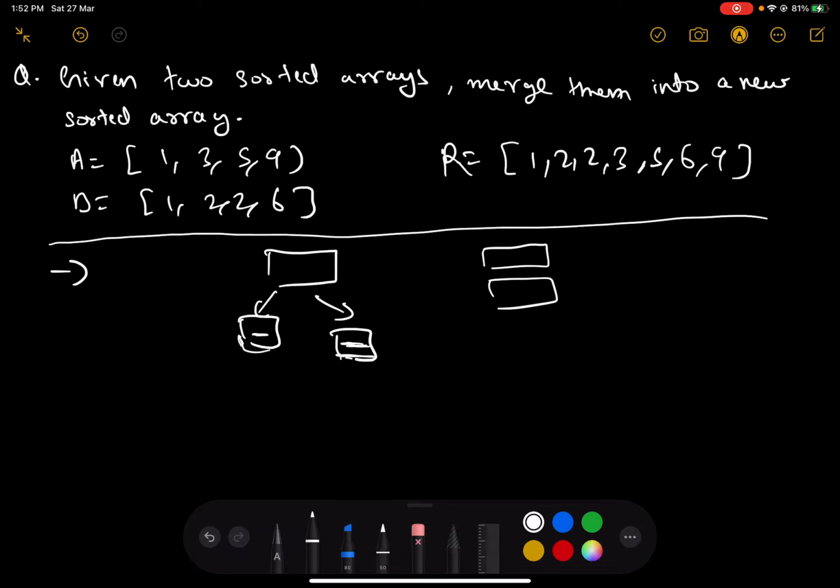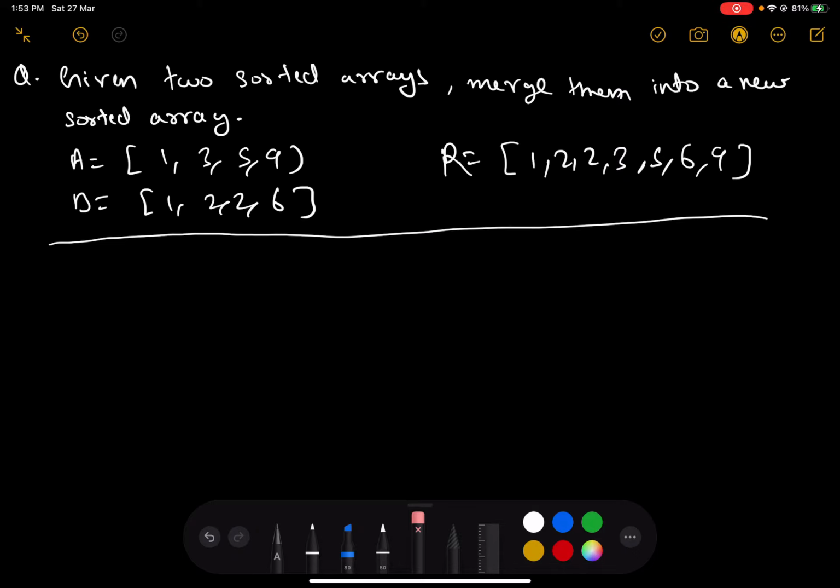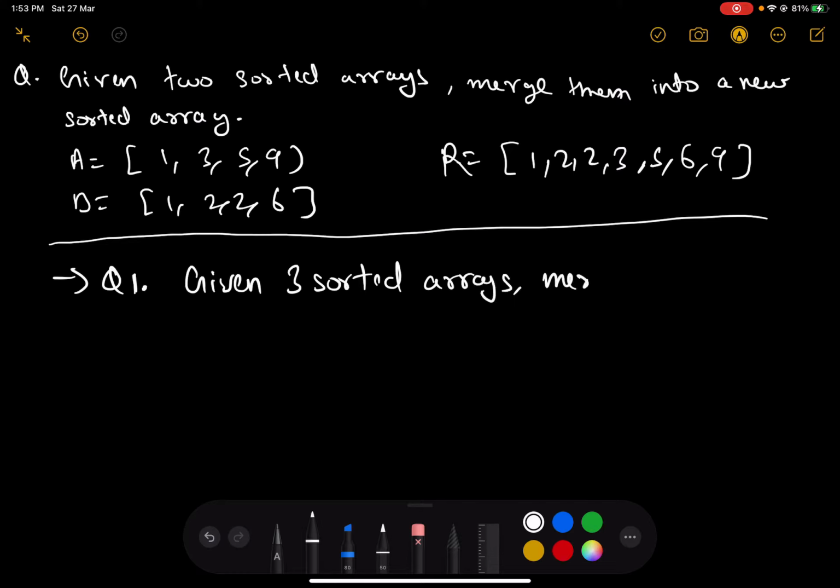This is one of the most important applications for this problem. There are other applications for the two pointer approach as well. Let's see what sorts of problems you can solve with this. Let's say these are some practice problems and you should try them out using two pointers. Let's call it your homework. Question number one can be something like: given three sorted arrays, merge them into a single sorted array.